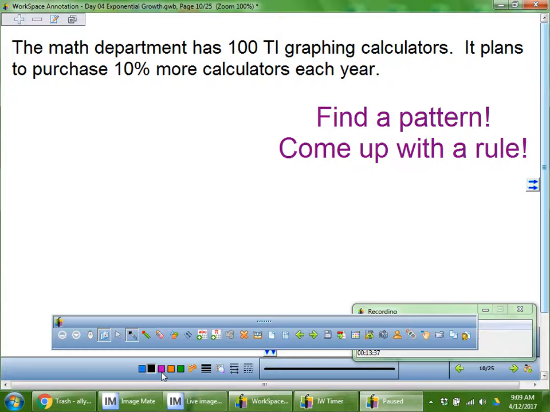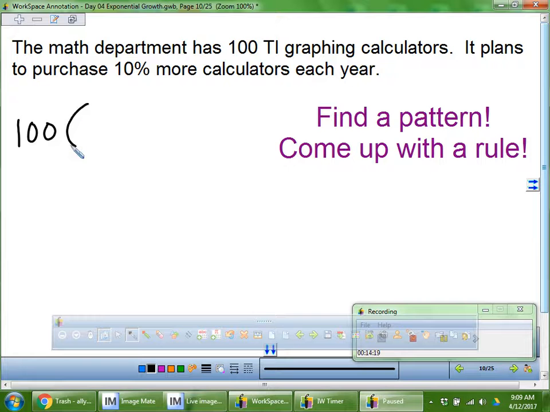So let's say that in our budget, we can purchase 10% more calculators every year, right? So it's not just a one-time thing. It's 10%, 10%, 10%, 10%, 10%, 10%. Can you guys help me? So we would have 100 calculators, and then we're going to have a 10%